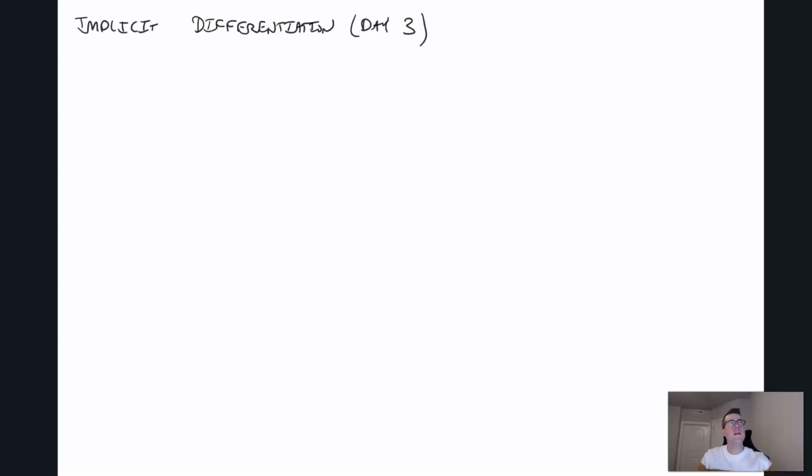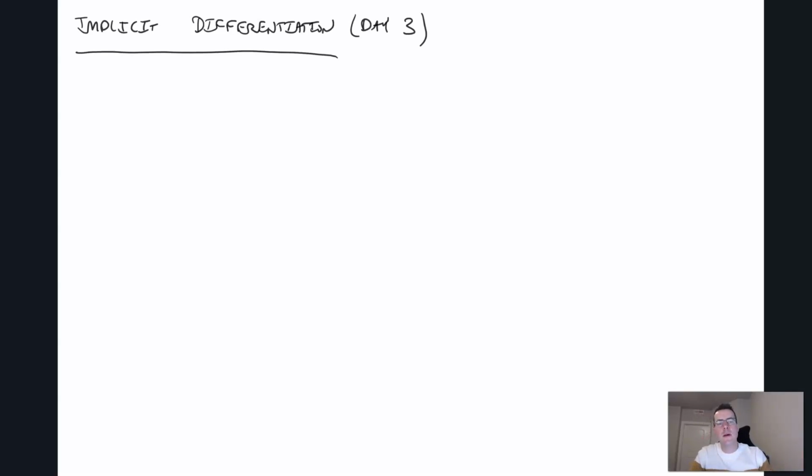Okay, so let's get started here. This is going to be, I think, our final day on implicit differentiation. Implicit differentiation, day 3. Okay, so we've been doing implicit differentiation so far, which, just a reminder in case it wasn't clear